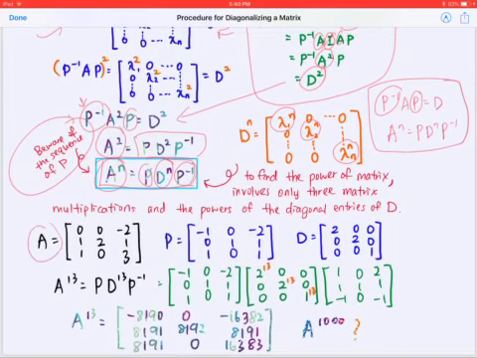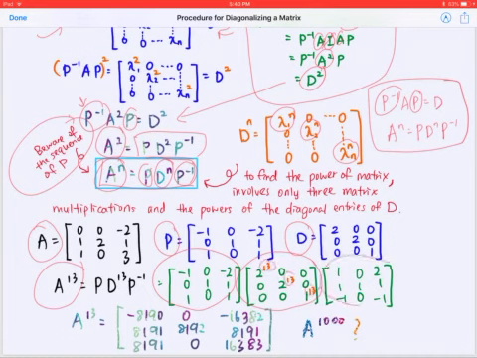So this is one of the examples here. If you had the original matrix A and the P which we found out in the previous case, and the D here. So to find A raised to the power of 13, you just multiply the P matrix and raise the power of the entries along the diagonal of the diagonal matrix to 13 as well. Then multiply with the P inverse. So this is quite straightforward compared to having to multiply the A